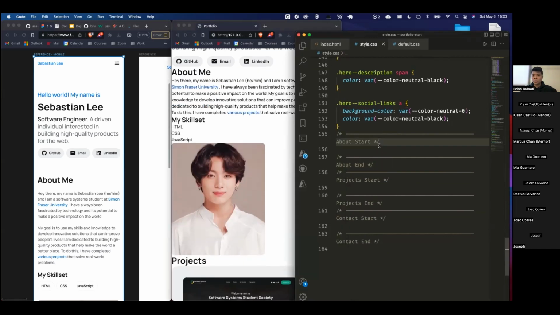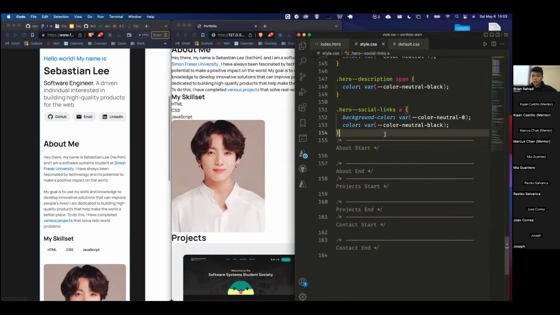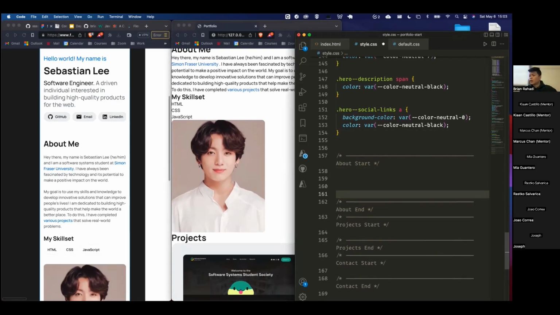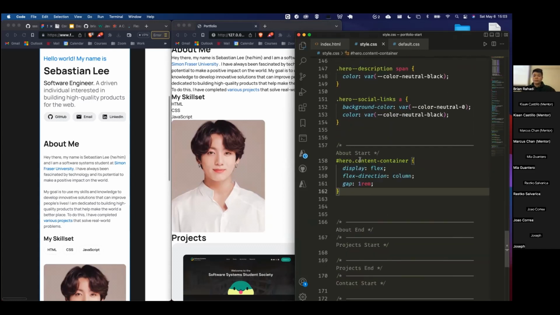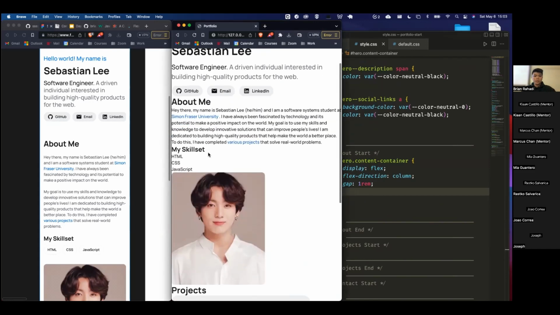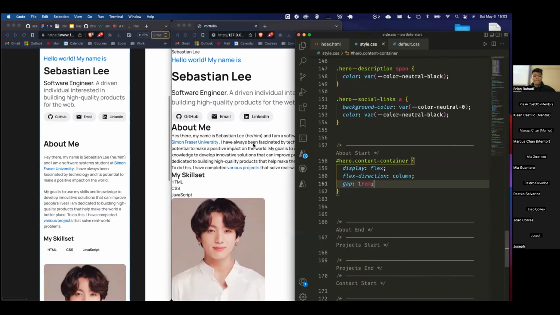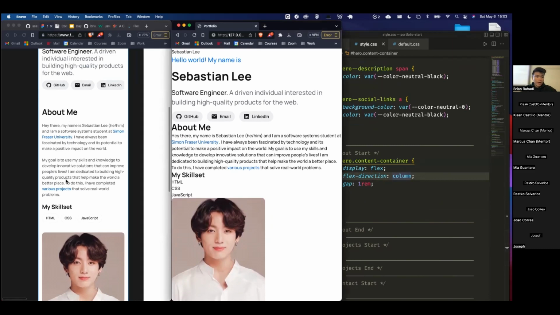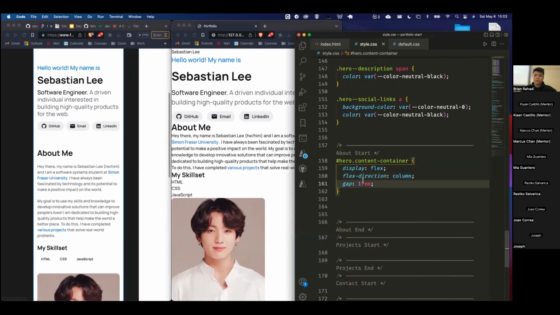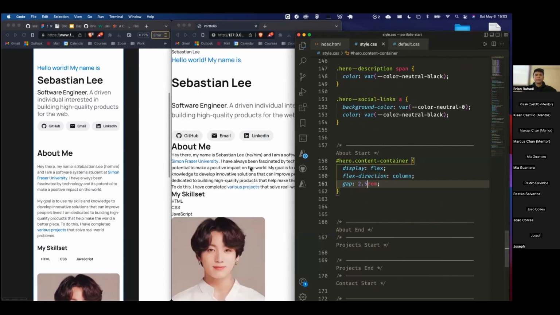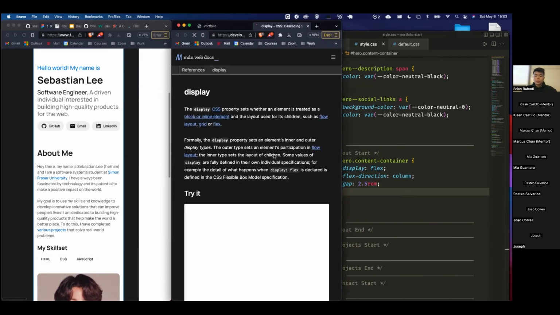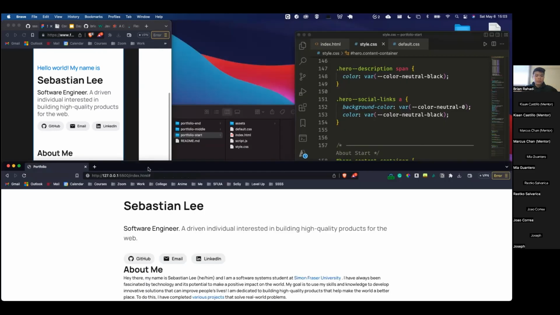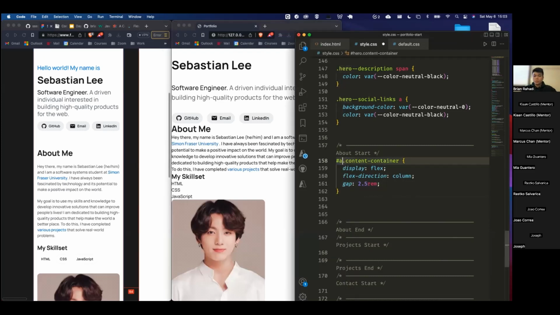Okay, so we are going to style the about now. For the about, we can do the same thing here with the hero content container. Now the about me has the same thing, display flex, flex direction column. But I think for the about me, they have a way bigger gap compared to the hero. Oh, this is the hero. Okay. So for the about,